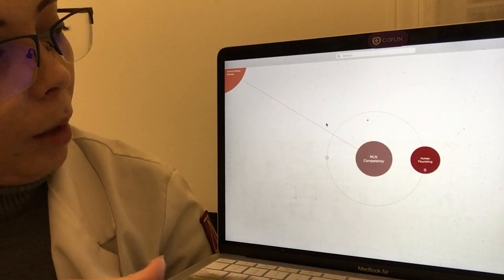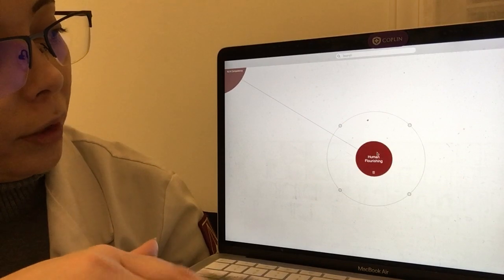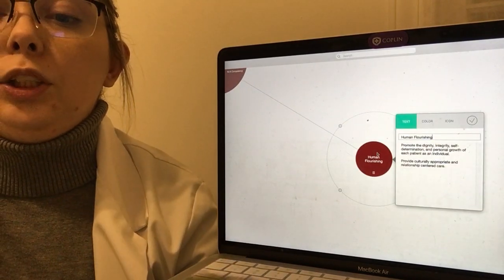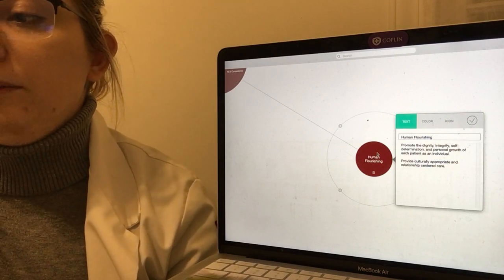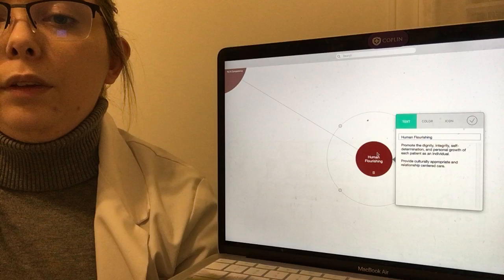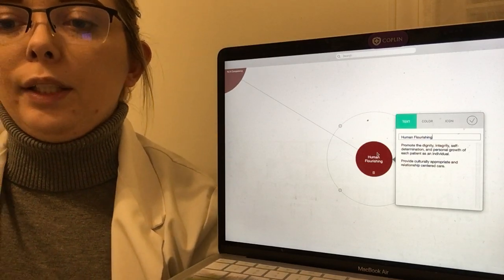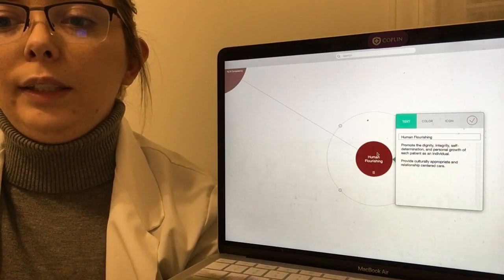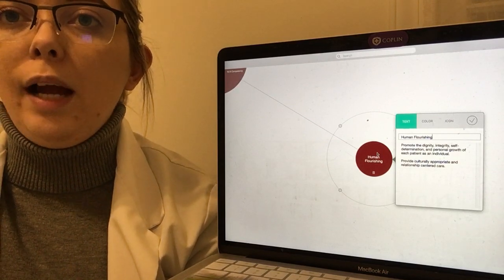The NLN competency that I focused on with this project was human flourishing, just because I think it is really important with these patients to have some independence, a lot of times because there are a lot of things that go on once the patient gets into later stages of chronic kidney disease. And that's because they go through some pretty hefty treatments.